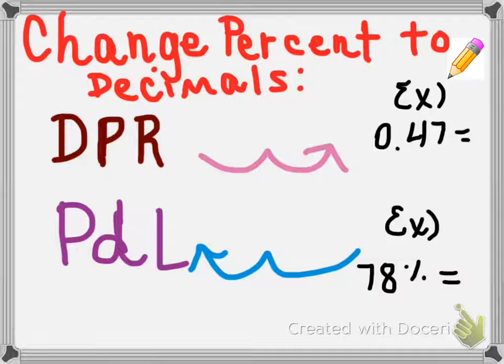All right, this page is just kind of your instructions or your rules, but you do need to write this down. This is changing from percents to decimals, or the other way, from decimals to percent. So we came up with, several years ago, a very easy way to remember which way you move. Okay, and it may sound silly, but if it helps you remember how to change decimals and percents, then go with it. So we have the DPR, or the Dipper way. Some people even call it the Dr. Pepper way. But when you have a decimal and you are trying to change it to a percent,